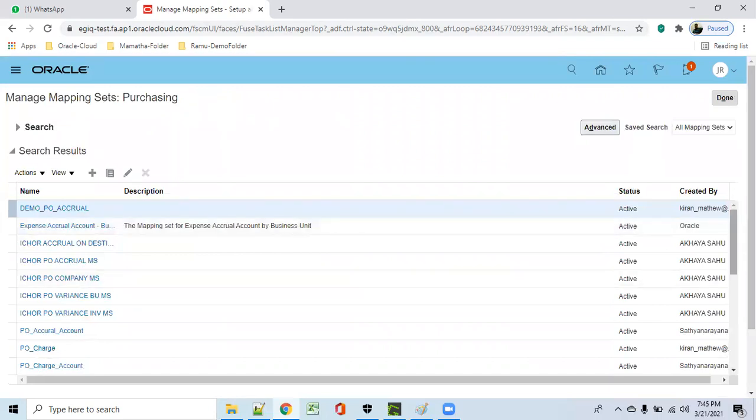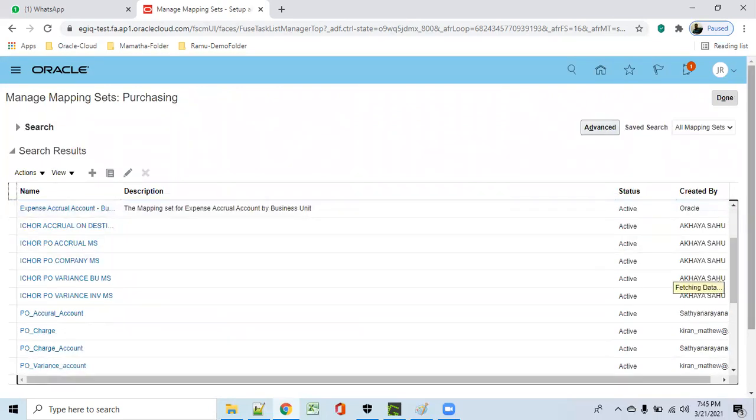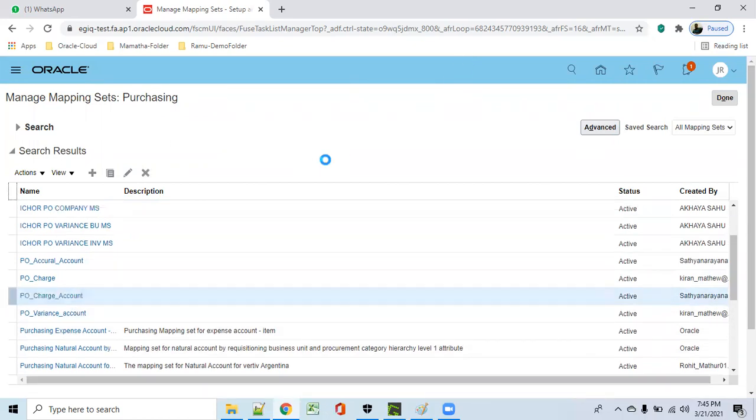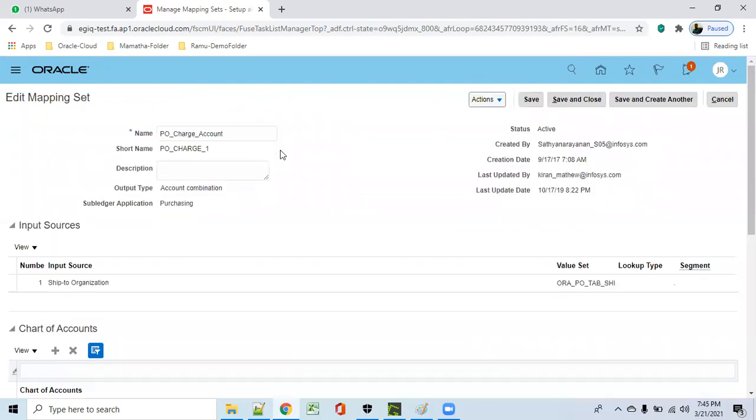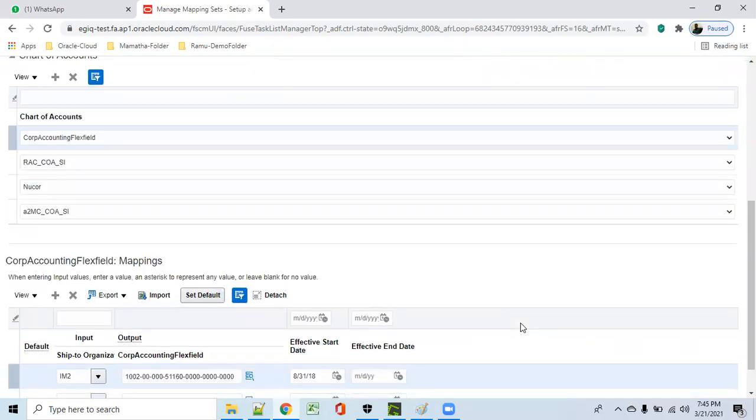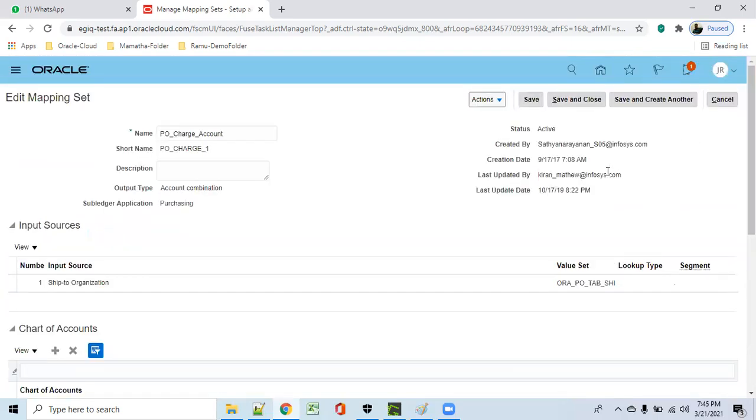Segment wise also you can select. Shift to organization, value set, then combination.